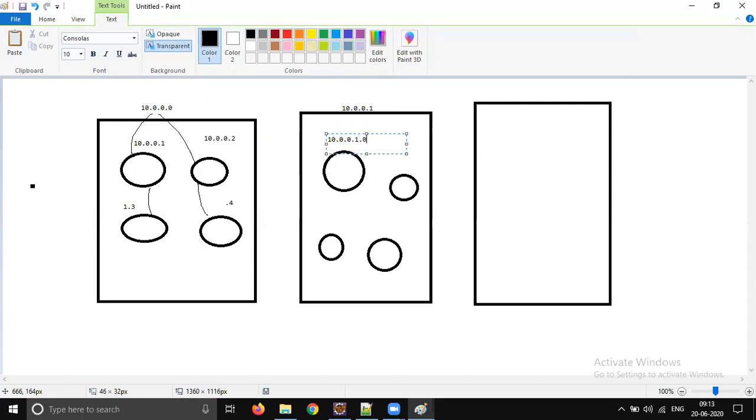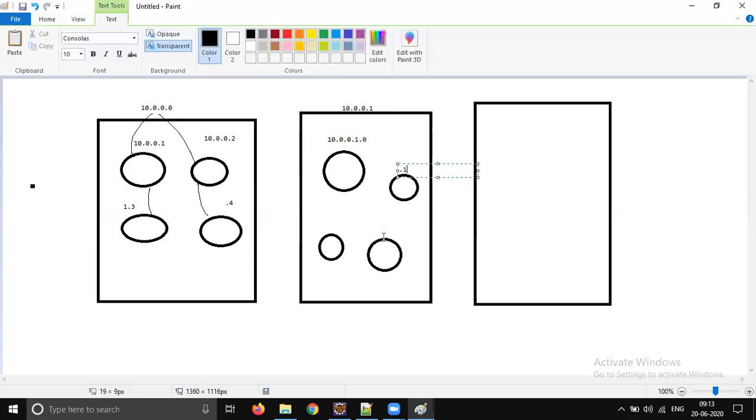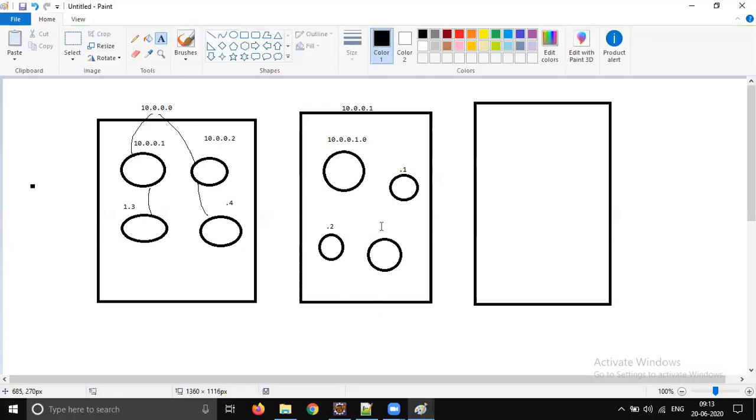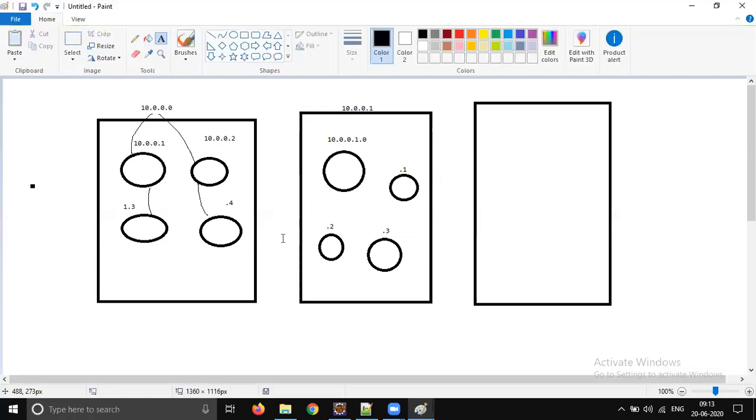Again, it starts from 0, and it will come like .1, .2, and .3, something like that. So the things will be managed here. It uses Linux kernel networking system principles to manage these things.